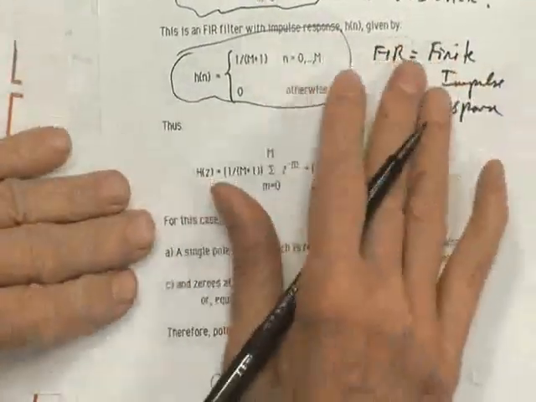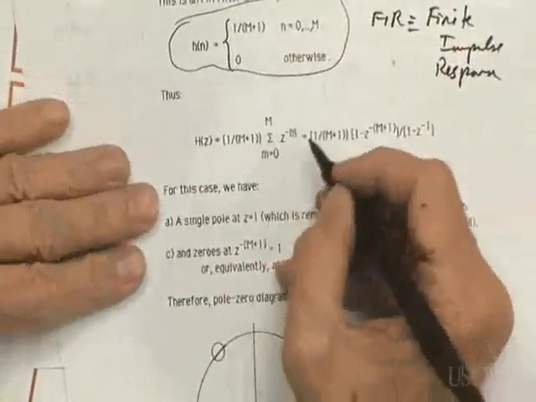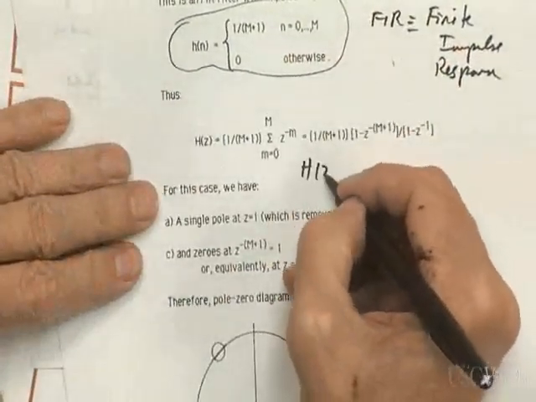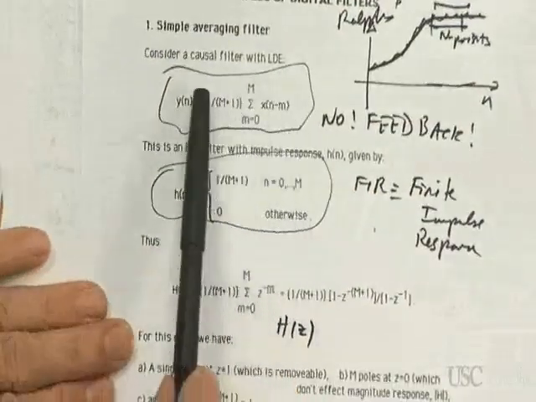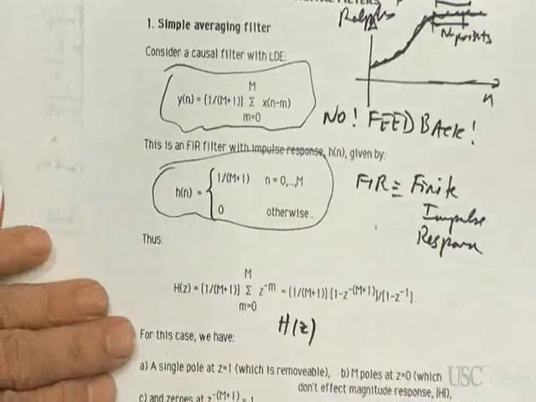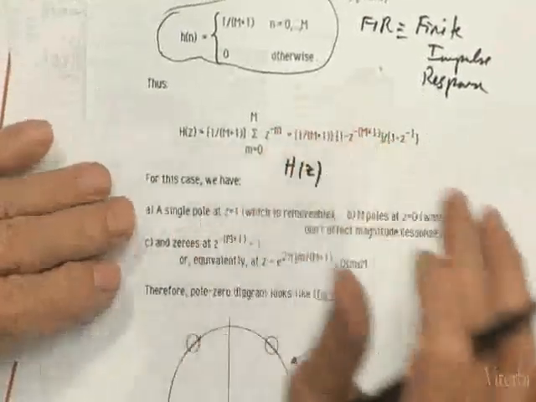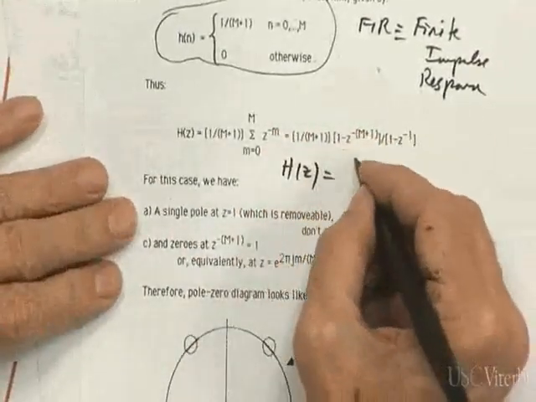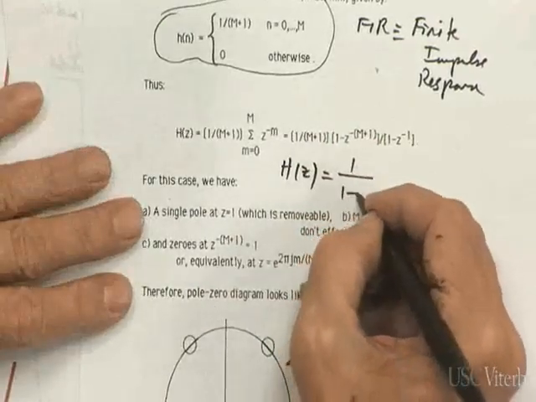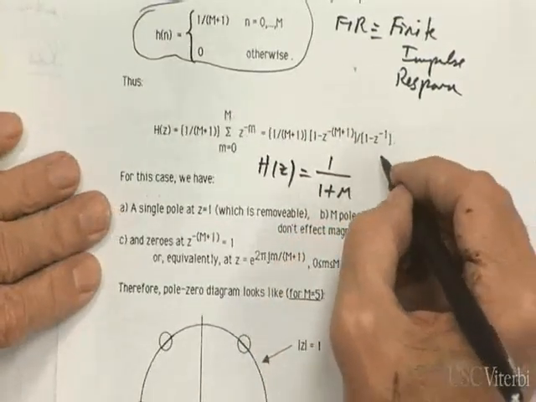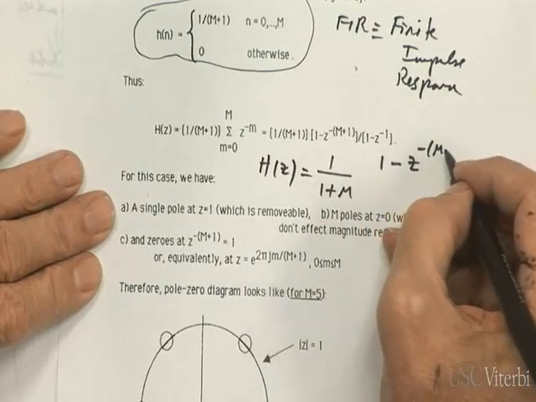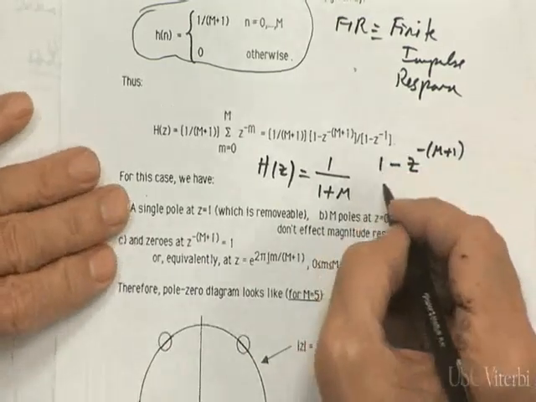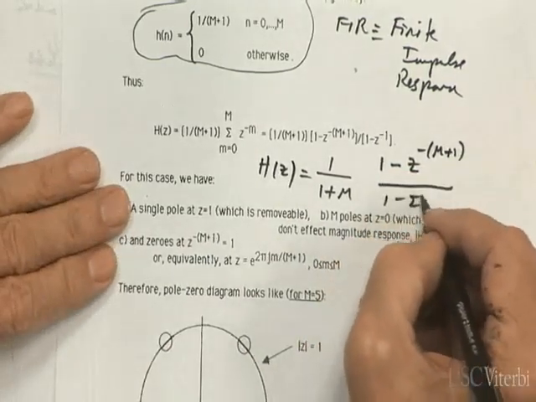So if we've got an impulse response, that means we've got a Z transform. And what is our Z transform? Now recall, this is a running average, and I'm normalizing the number of points that I'm averaging or summing over. So that's why you keep getting this constant. And what is H of z when you use the geometric sum formula? This is what you get. 1 minus z to the minus (M plus 1) in the numerator,